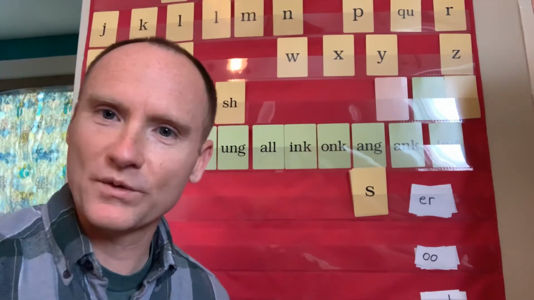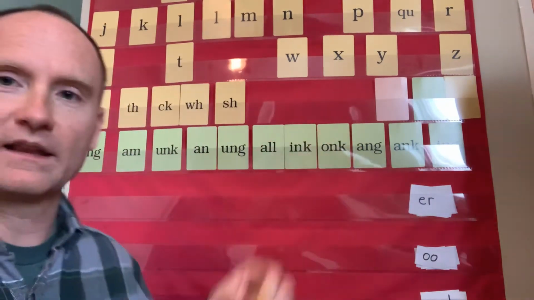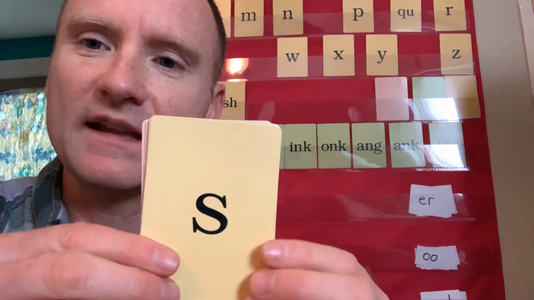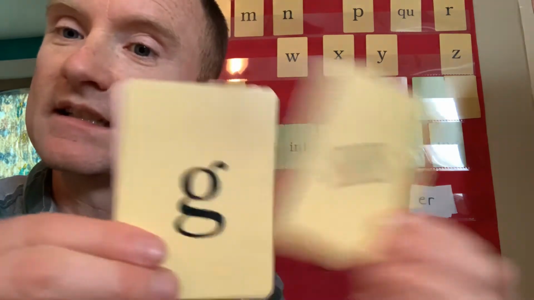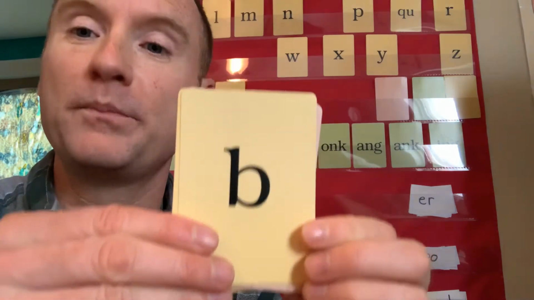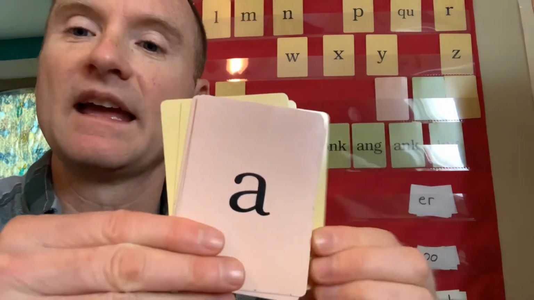So we'll start with our warm-up. Go ahead and stand up. Get your blood moving. We're going to start with our letters first. Say the letter and the sound. S, S, S, Z, G, G. Do it with me. B, B, V, V, A,